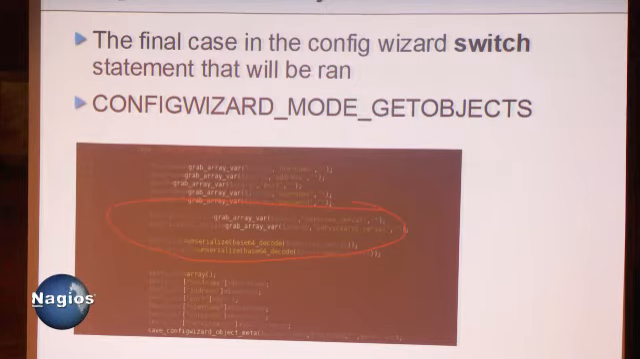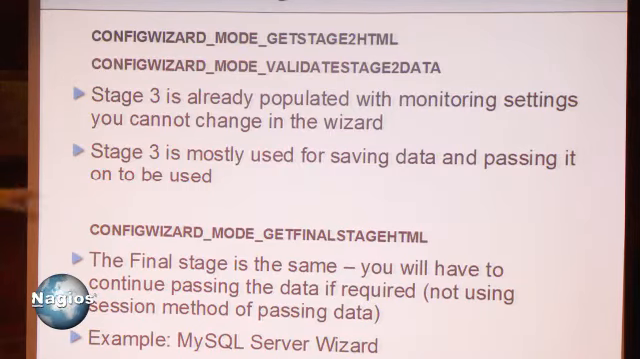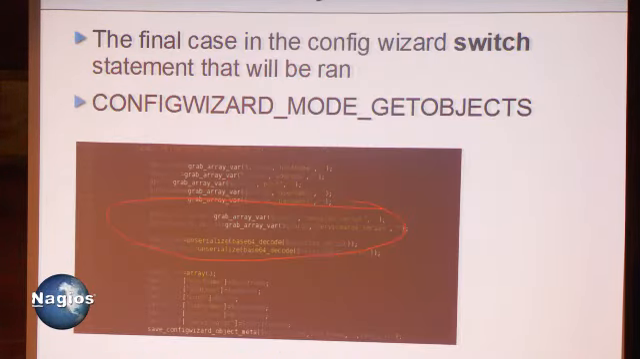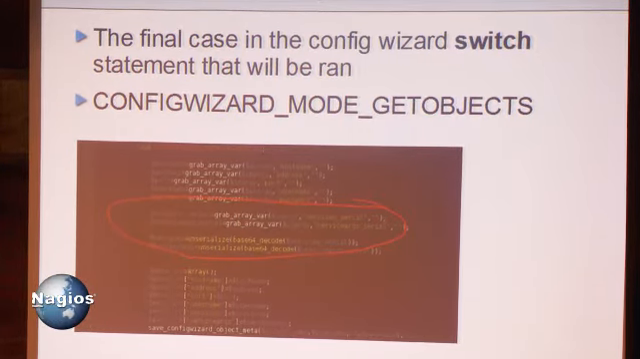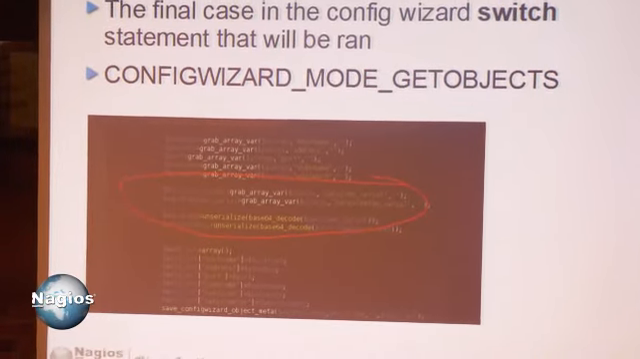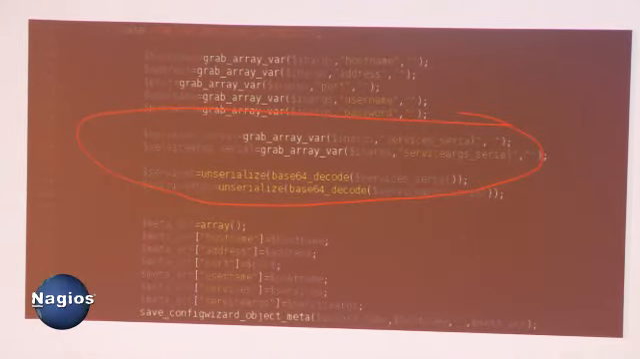This is the final stage after that. So in this case, you see case config wizard mode get objects. Before that is this config wizard mode get final stage. But in get objects, you're going to have all the information that you pulled. This one uses that serialized array that I was talking about, and it's actually going to get the services out of that serialized array, and it's going to send it into whatever you're going to need to make for